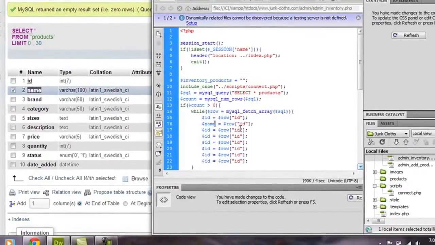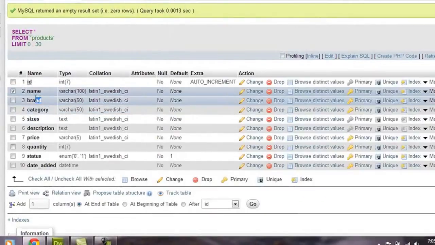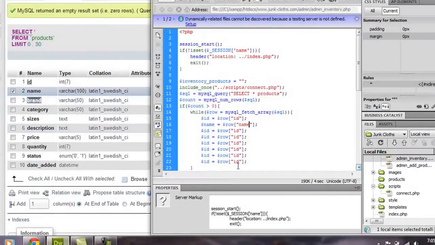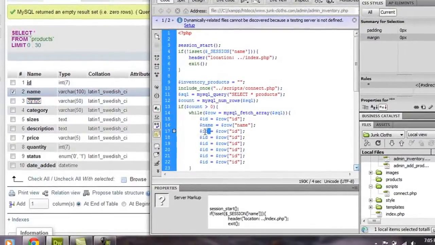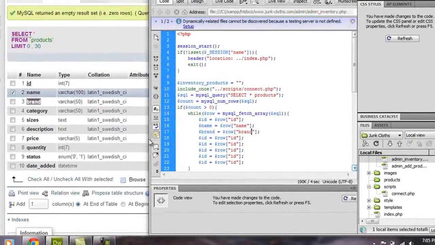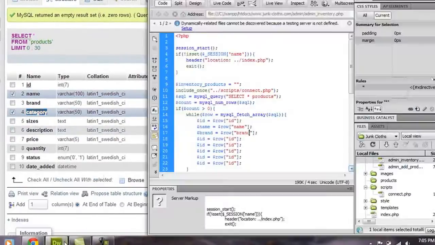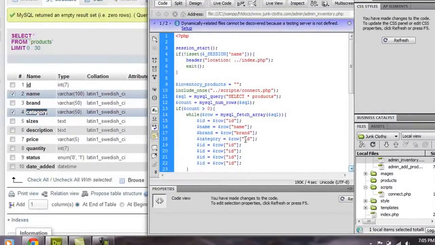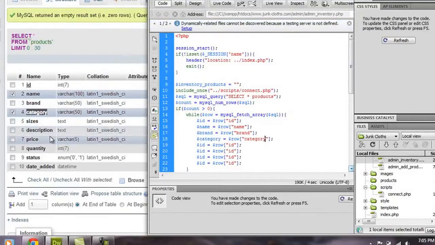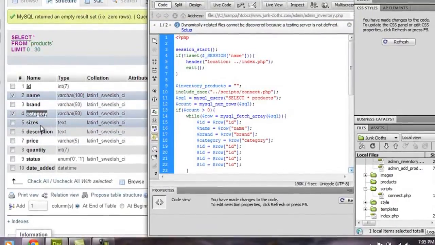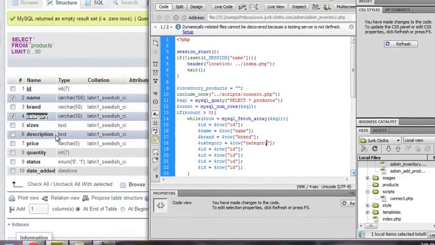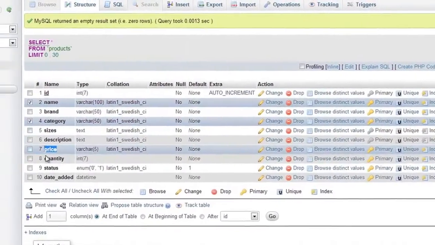So Control V, brand, Control C, Control V, category, Control C, Control V, and sizes, no, description no, price, Control C,